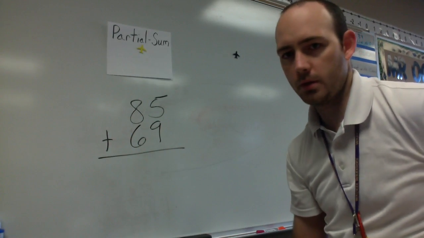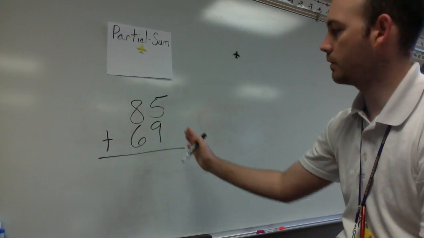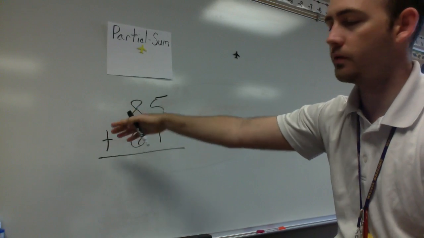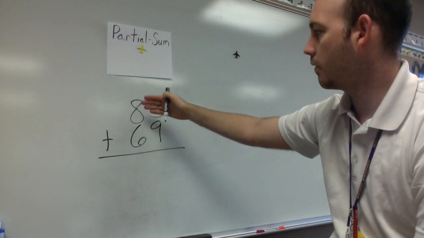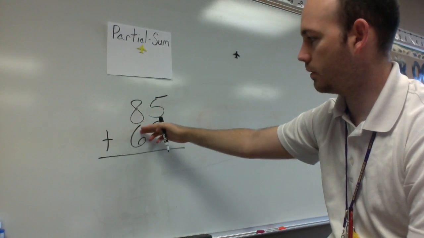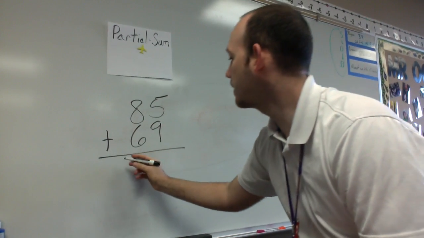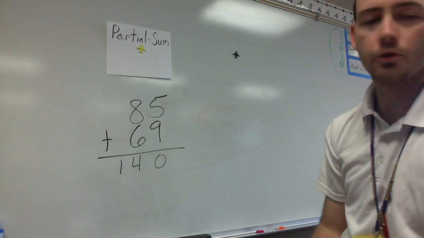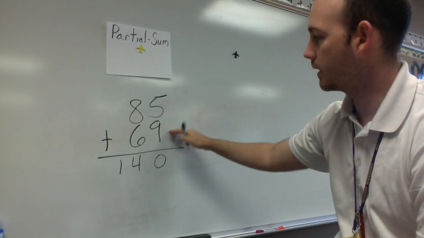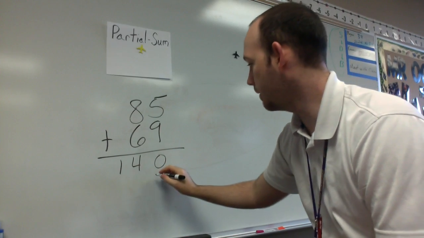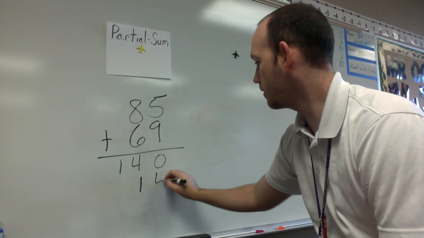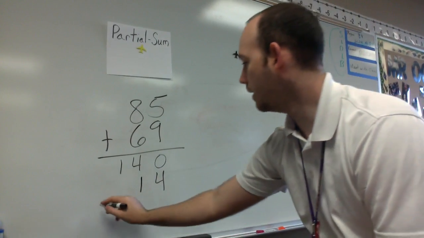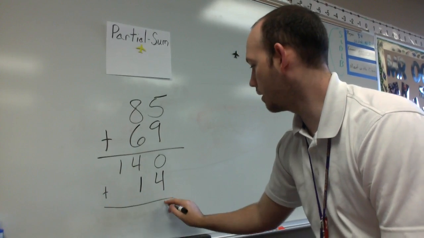Okay, you should have had a moment to figure that out. Remember, we're going to start with the farthest left place value, the largest place values we have. We have an 8 plus a 6, so 80 plus 60. That's going to give us a 14, which is really 140. 5 plus 9 is going to give us another 14. So we're actually going to write that in there just like that. We add those together, we end up with